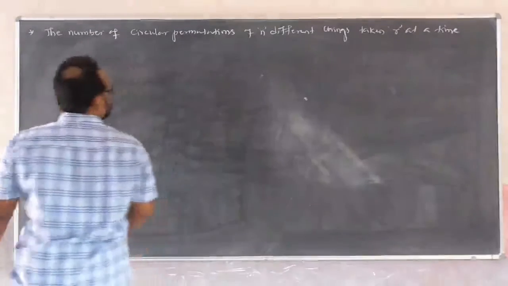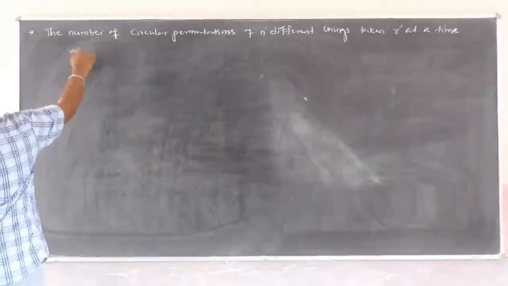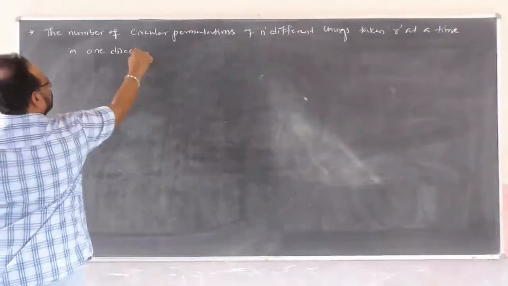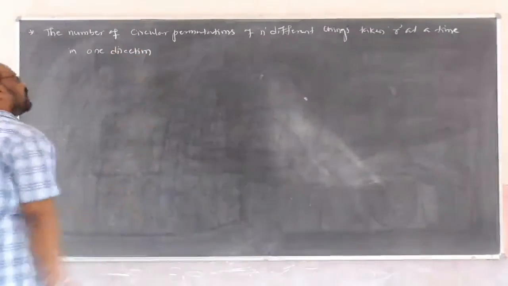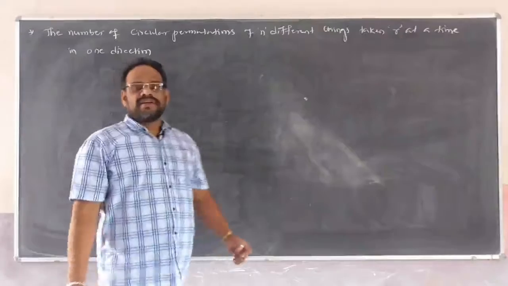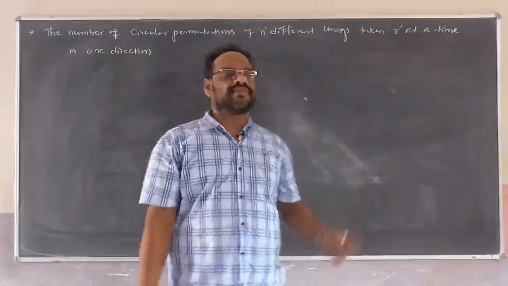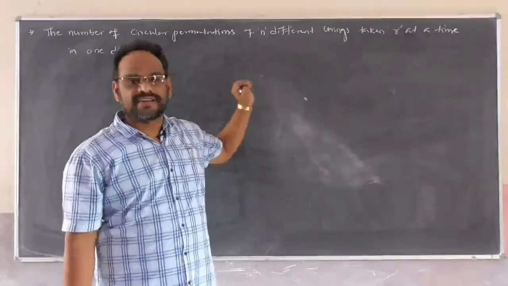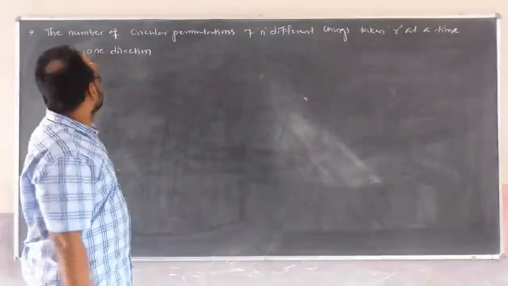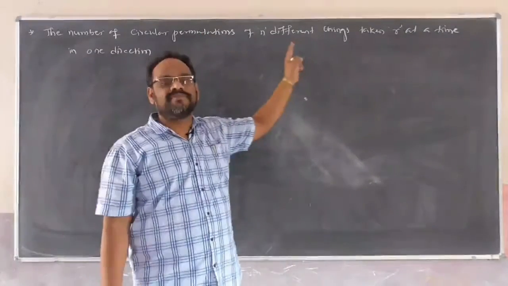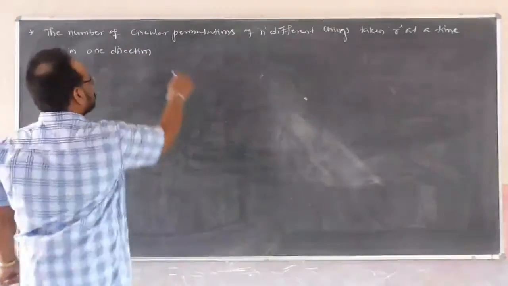In the case of garlands of flowers or necklaces of beads, you can take only one direction. So in that case, the number of circular permutations of n different things taken r at a time in one direction is